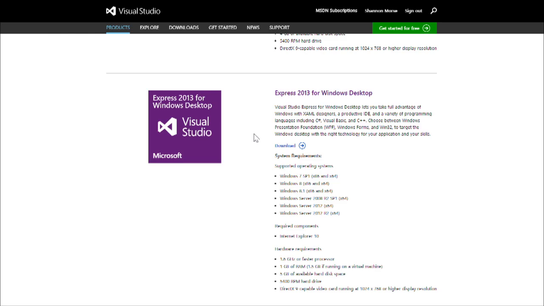Now, I also know that Visual Studio Express is free for everyone, but if you're a student and you could show a student ID, you can actually get the professional edition for free. It's totally gratis. So if you're in a high school or a university, go ahead and choose Visual Studio Professional for students. It'll ask you a little questionnaire, and I think they want a scan of your ID, but then you're good.